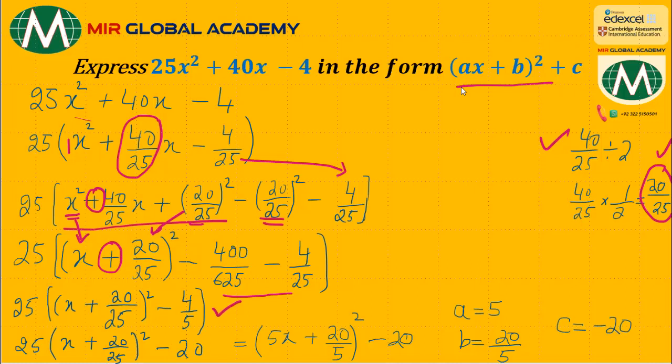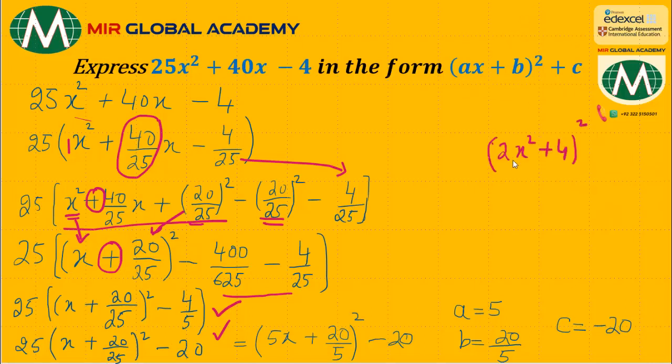The C over here. First we multiply 25 inside, and we will get this number. Now if you see this format here, there is no common element here. So because of this format, we will shift this 25 inside the bracket. Let me explain the concept first, then I will show you what will happen when you shift this 25 inside the bracket. If something is inside a bracket and there's a whole square,